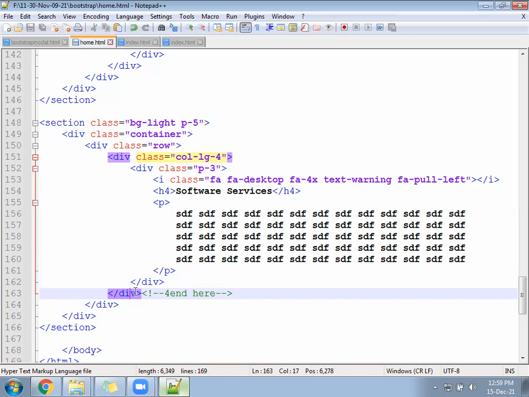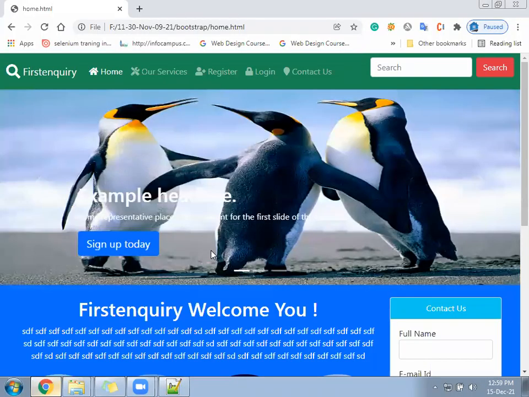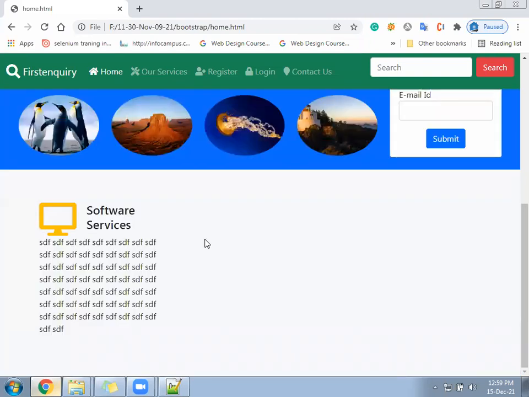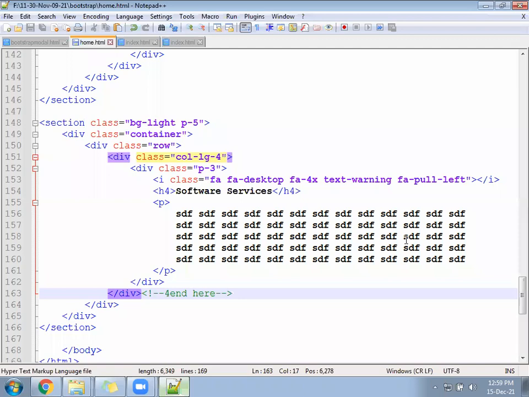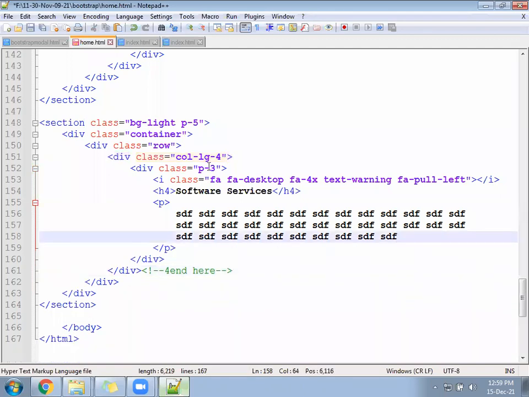Okay, clear? How does it look? Desktop on the left side and the text on the right side. The text looks like a little more, so we can reduce it. And for the p-3 you have written, you can write inside a class.